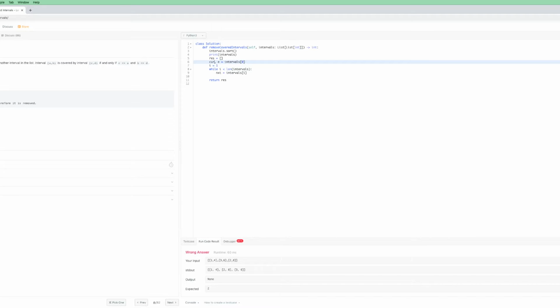So maybe this is current start and current end, right? So if current start is less, or maybe just call it current, right? So if current 0 is, let's say, so this is CD maybe, right? And this is AB. So if C is and B is contained,